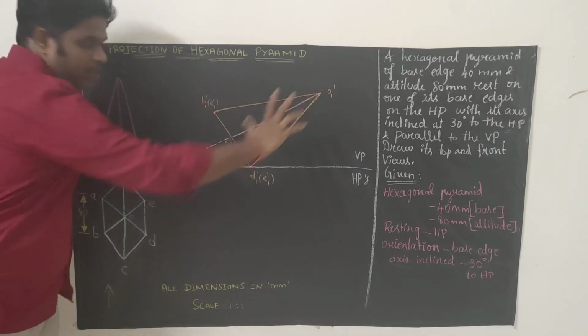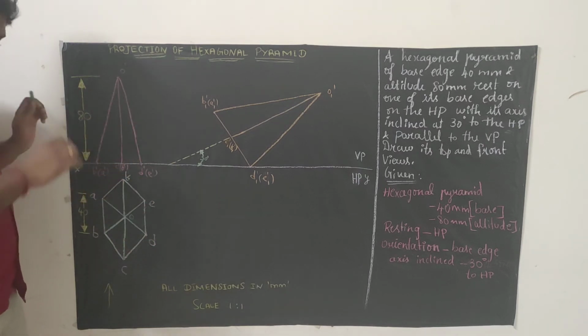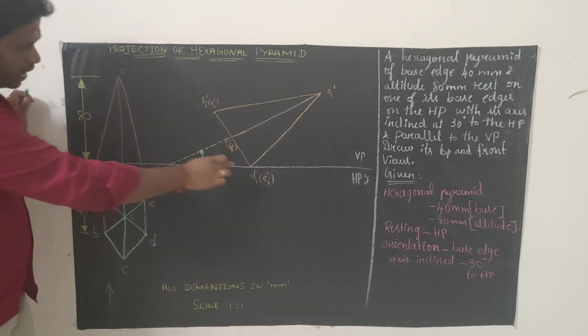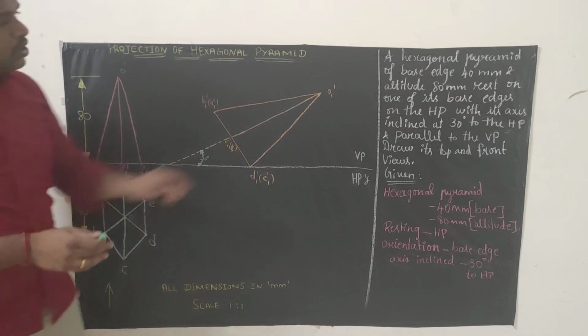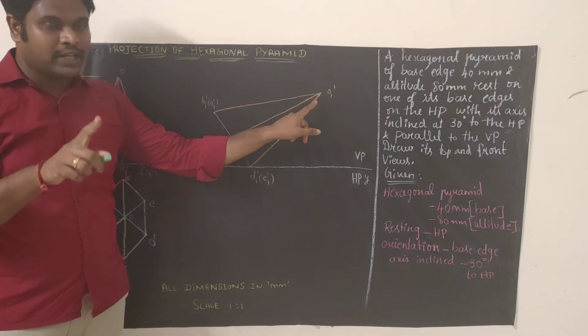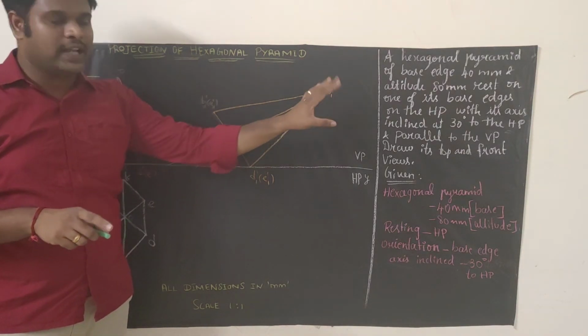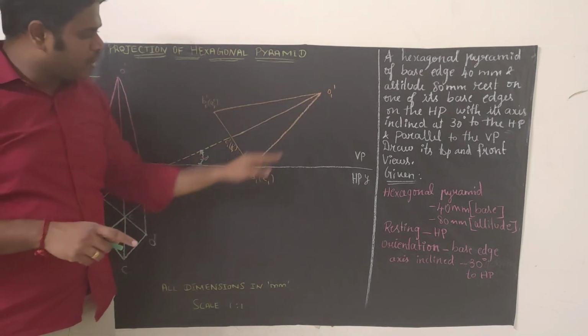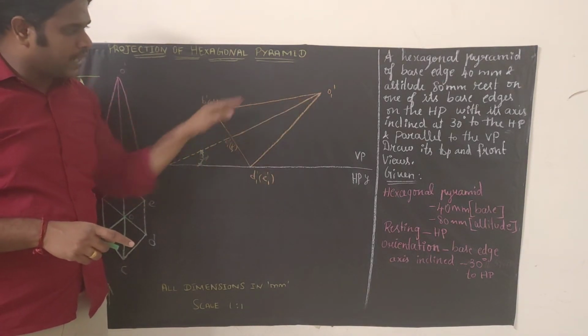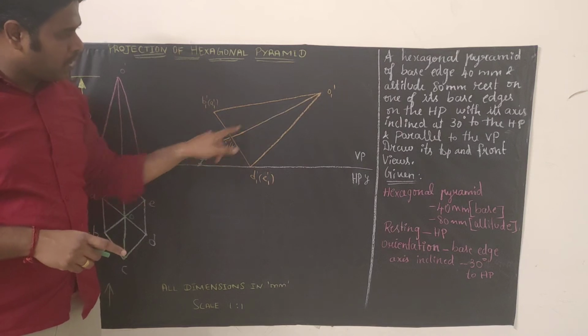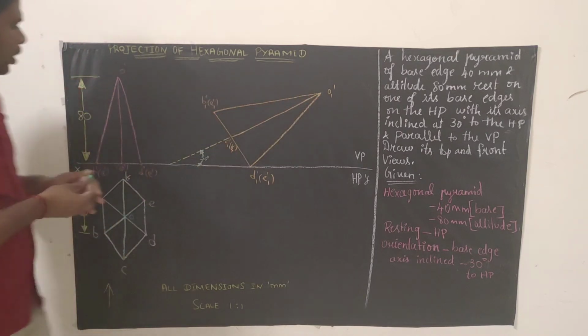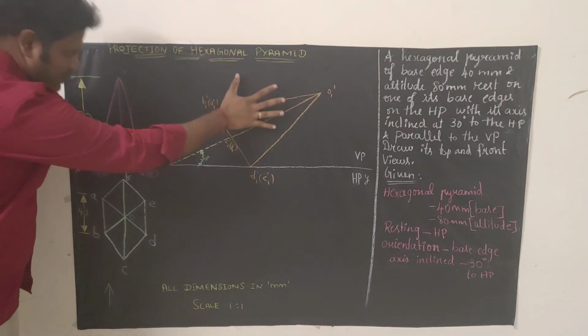From here, try to cut an arc. Then take your compass, measure D dash to O dash. From here you cut an arc. So both the arcs will intersect at one point, right? That point is called O1 dash. So obviously you can form a triangle like this. Now you have formed a triangle, and just join this point with the apex. Okay. So whatever diagram we have, we will get the exact diagram.